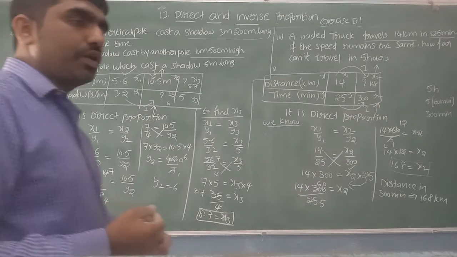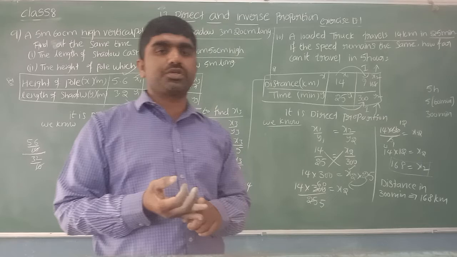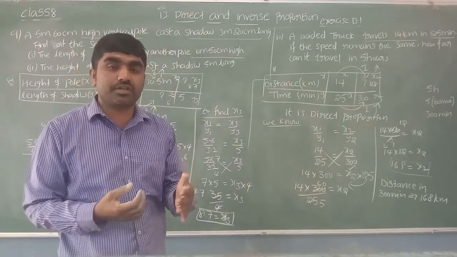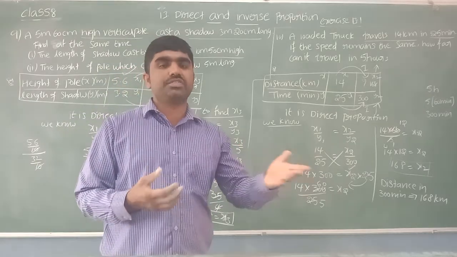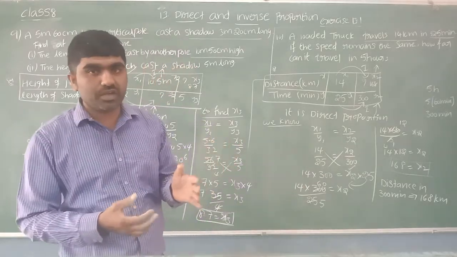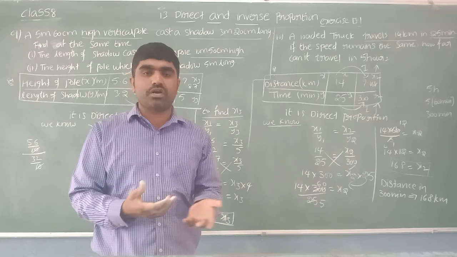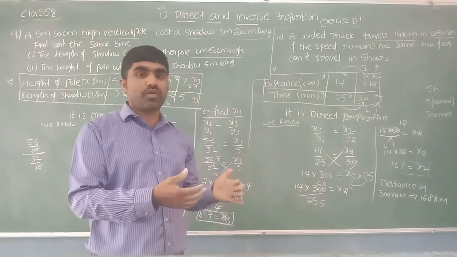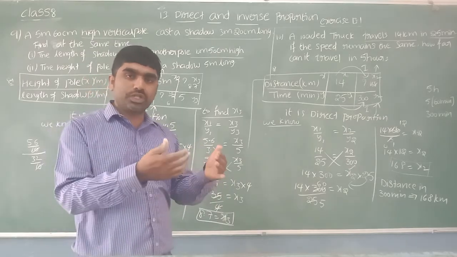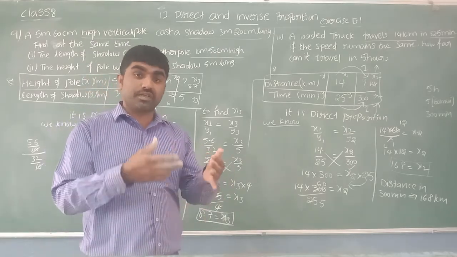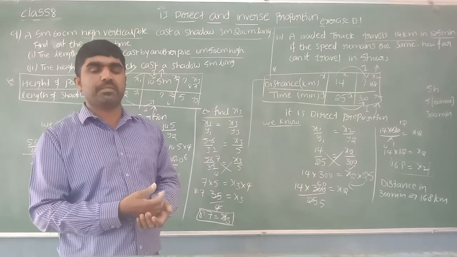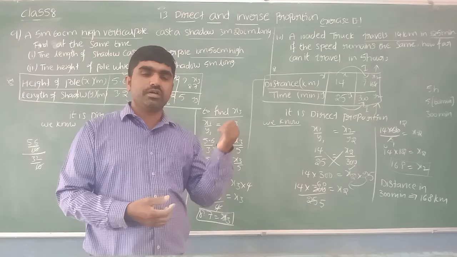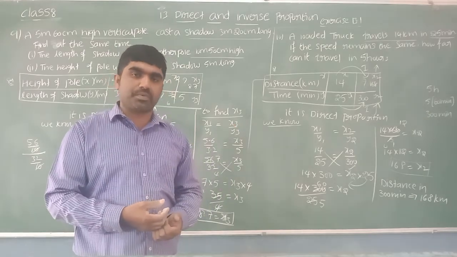Today in class we learned what is ratio, what is proportion, and what is direct proportion. Ratio is nothing but comparison of quantities by the division method. Proportion means the equality of two ratios. Direct proportion means when both quantities are increasing or both are decreasing, if the ratio of corresponding values remains the same, then the quantities are in direct proportion. We also solved some applications based on direct proportion.